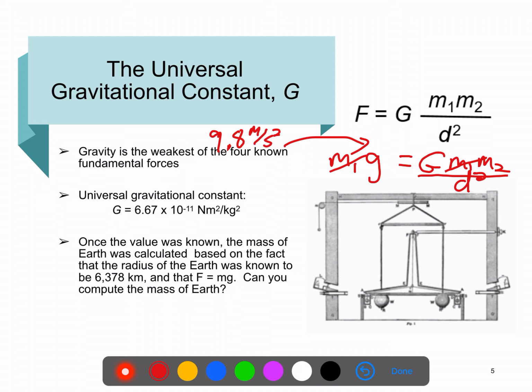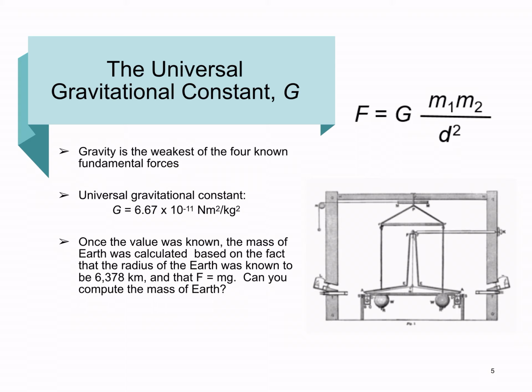Okay, then the only thing you don't know, you've calculated g already through the Cavendish experiment, you know the acceleration rate of gravity, you know the radius of the Earth, so all that's left to find then is the mass of the Earth, and this is how the mass of the Earth was then ultimately determined. So I would challenge you to try and figure out that computation on your own and see if you can come up with the correct value. Do it on your own, and then it's easily Googleable to find out what the mass of the Earth is, and you can compare and make sure you've gotten the right value.